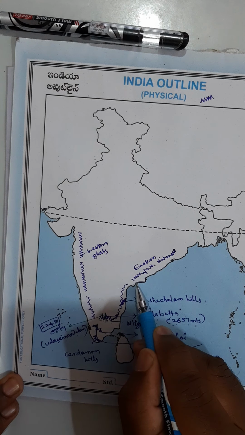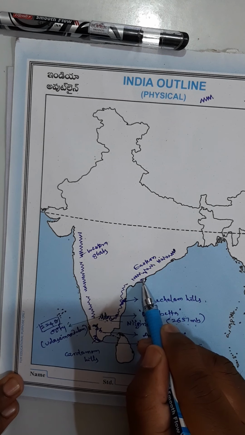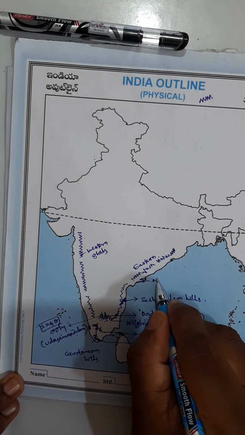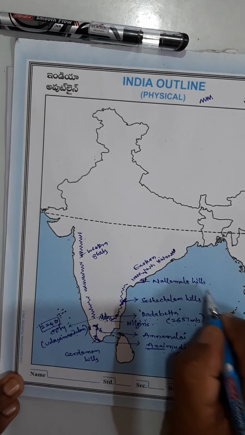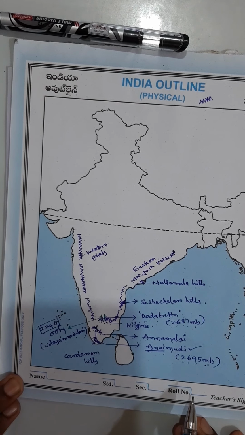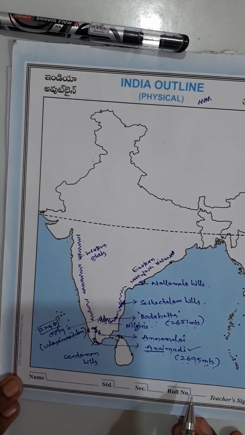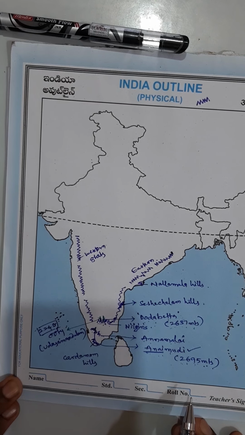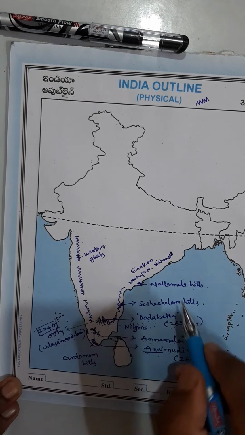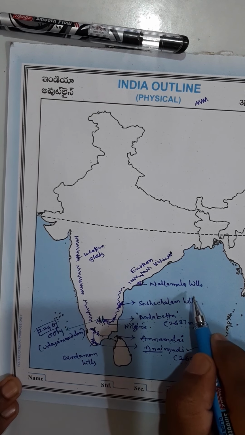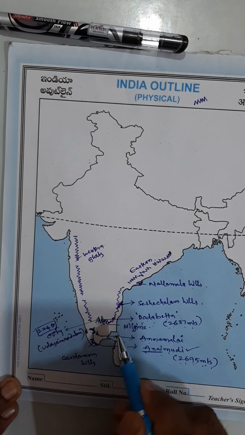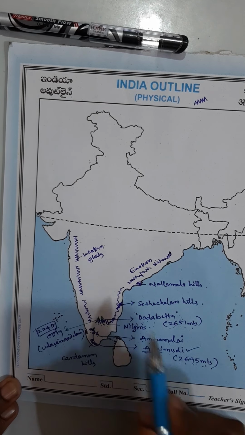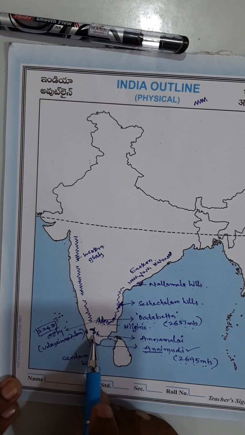And here the W-like structure, at the bottom in South India you find this structure like a W, and here you find Nallamala Hills, and this area is famous for Nallamala Forest. In Nallamala Forest the former Chief Minister Rajshekar Reddy was accidentally killed. So Nallamala Hills or Nallamala Forest, whatever it is, you try to locate here. This is the area Seshachalam Hills, and very important Nilgiri and Annamalai Hills.